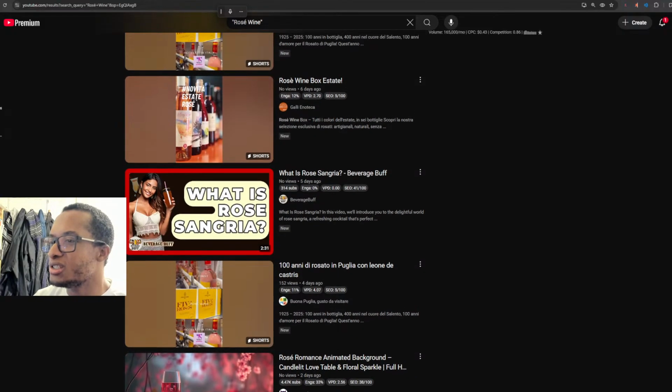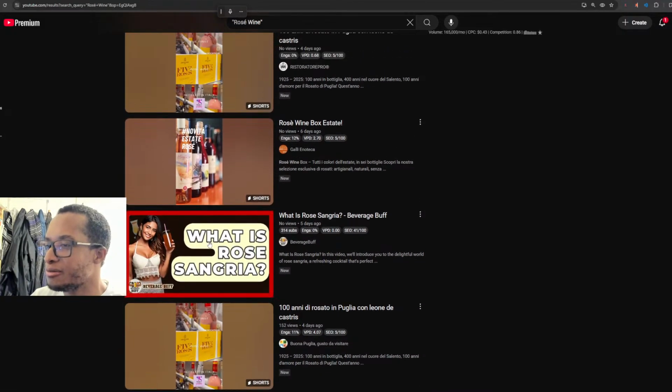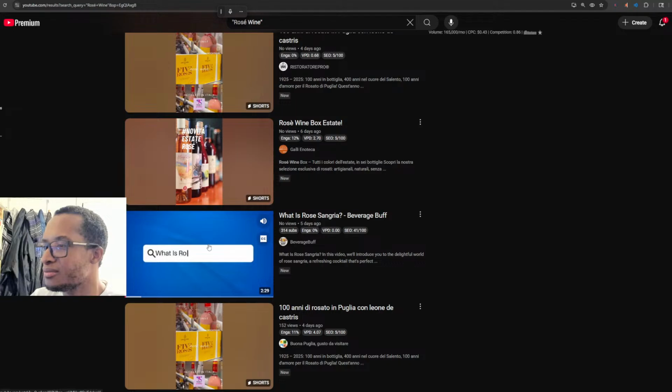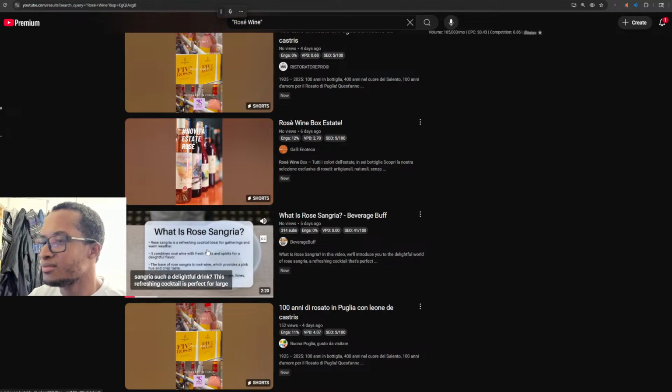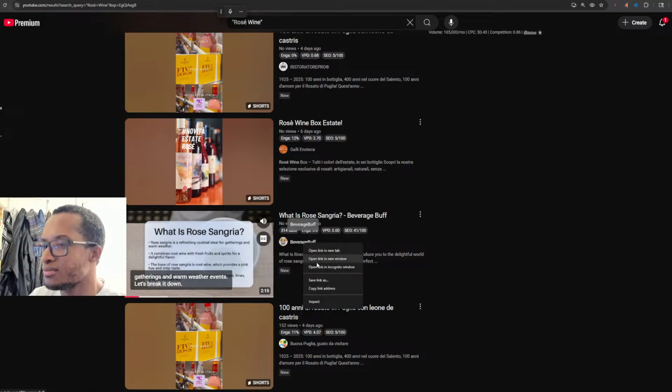What is Rose Sangria beverage buff? What is Rose Sangria? Have you ever wondered what makes Rose Sangria such a delightful drink? This refreshing cocktail is perfect for large gatherings and warm weather events. Let's